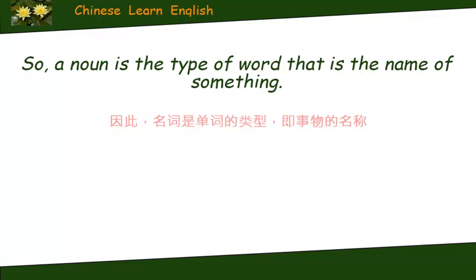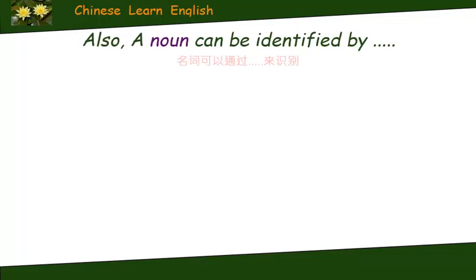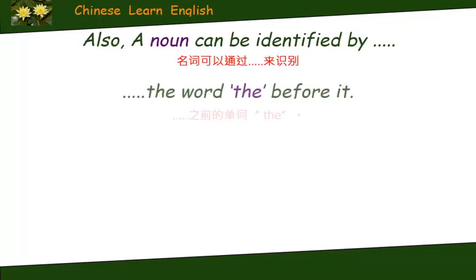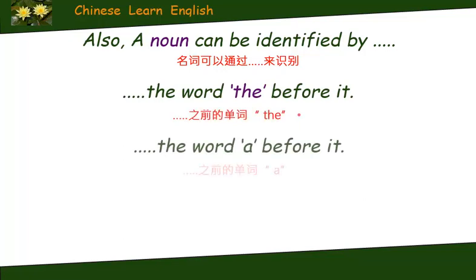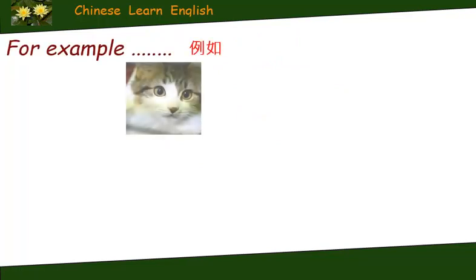So, a noun is the type of word that is the name of something. It is a naming word. Also, a noun can be identified by the word the before it, the word a before it, or the word an before it. For example,